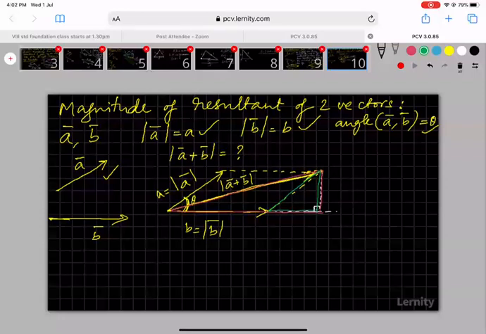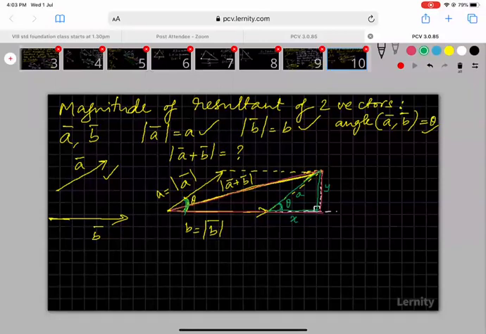In the green right angle triangle, I know that this side is A because in a parallelogram, opposite sides are equal in length. And I know this angle is theta because in a parallelogram, two sides are parallel, and when two lines are parallel and a transversal is drawn, corresponding angles are equal. This angle here and this angle here are called corresponding angles, right? So that is theta. I know A and I know theta. Let us say this is Y and let us say this is X, in the green right angle triangle.